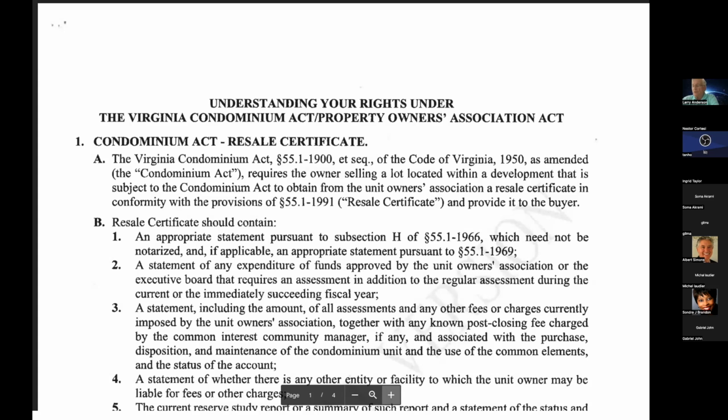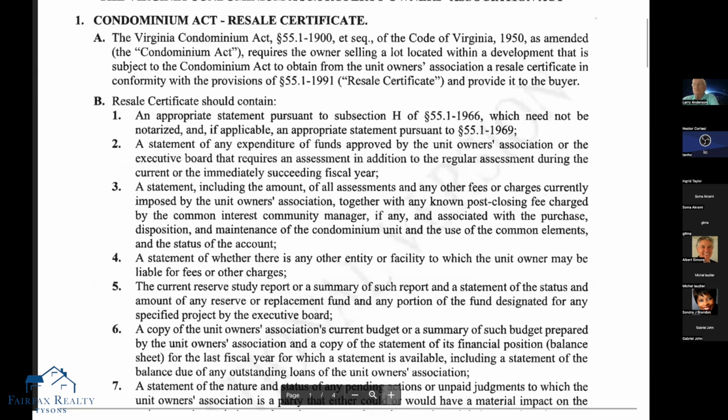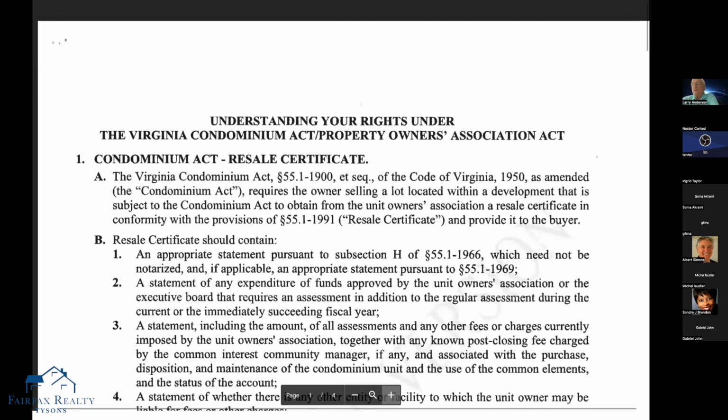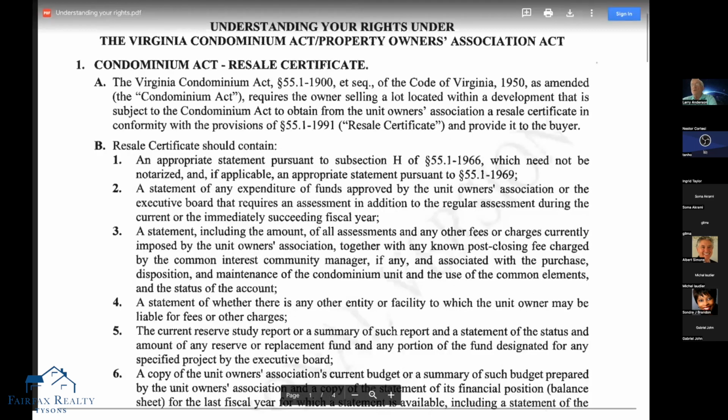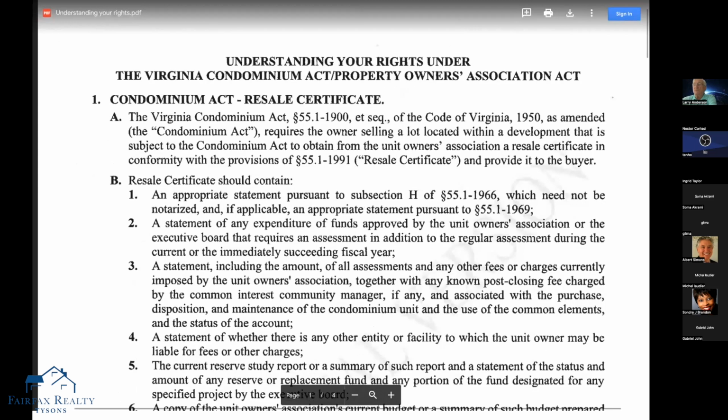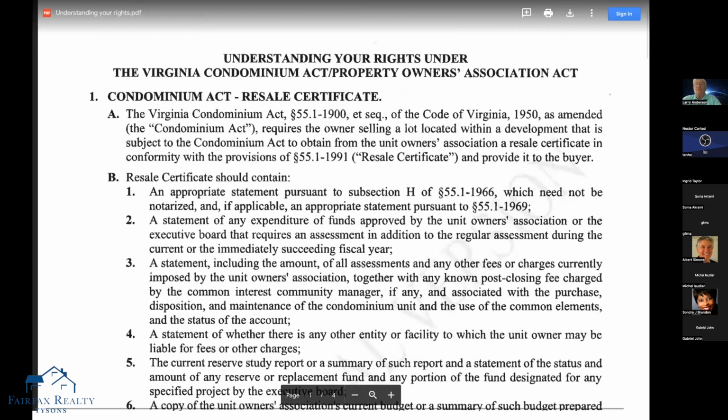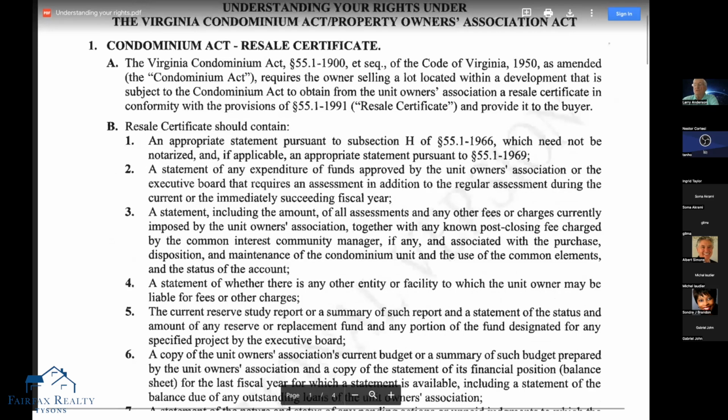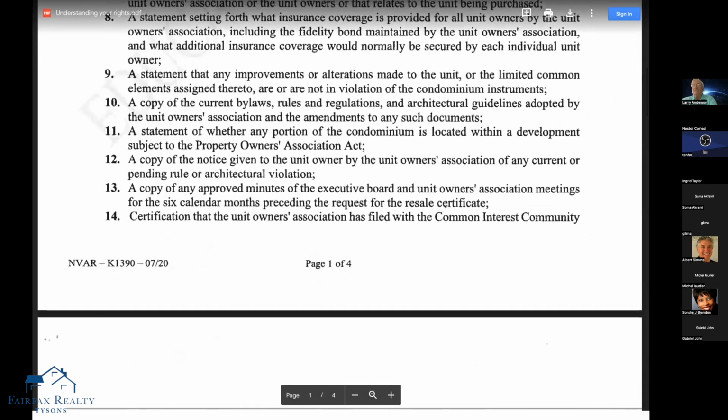So I'm going to cover the POA and Condo Act again one more time because I've really had a lot of questions and calls the last week about POA and condo documents and when can they void and do they have to tell why they're voiding, etc. So I want to share with you, and this is an NVAR form,